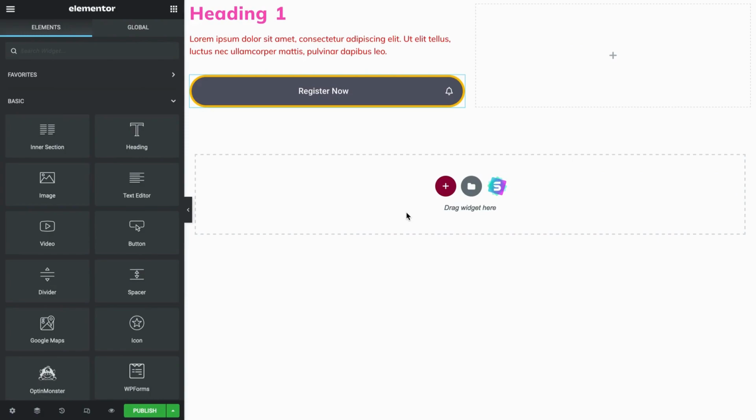In the previous tutorial video, we saw how we can use a button on your web page when you are building your web page or landing page using Elementor. Now in this tutorial video, we'll see how to use images and videos within your web page or landing